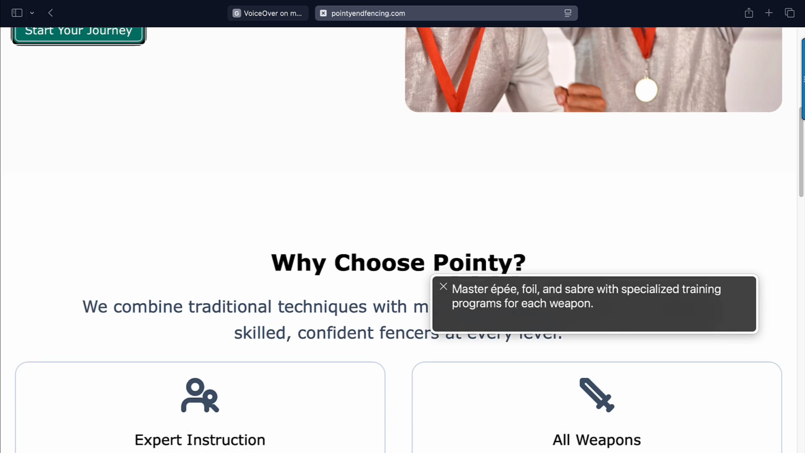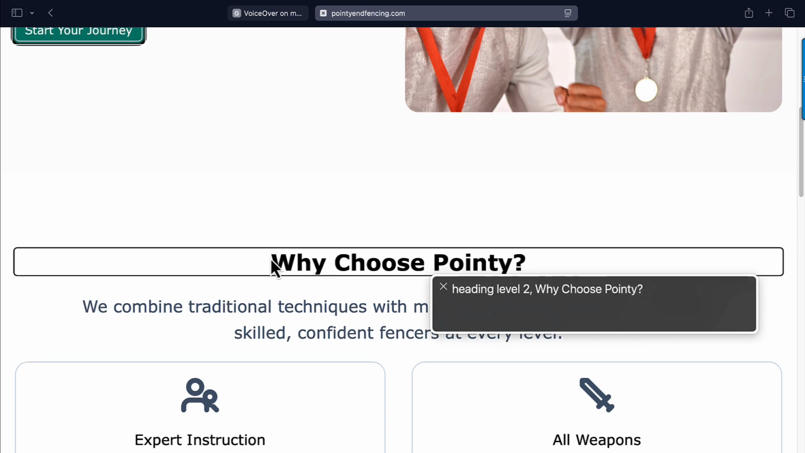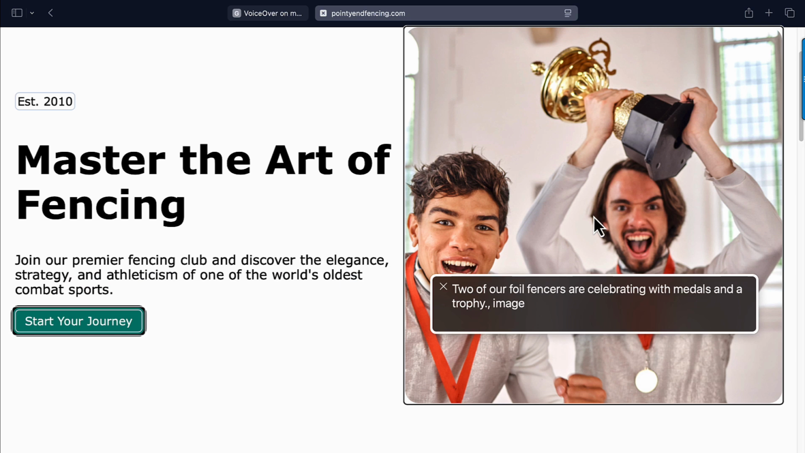Heading left. Learn from heading left. Master epee foil and heading left. Learn heading. We combine heading left. 2 of our foil fencers are